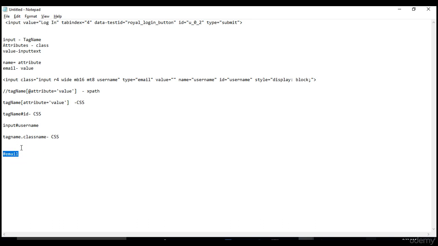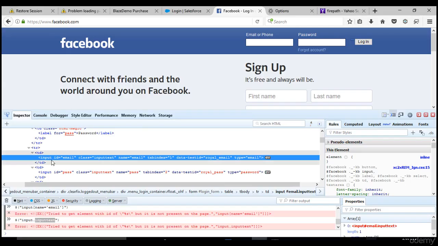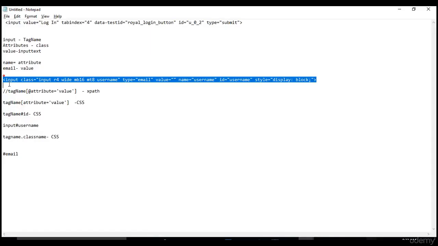You might get a doubt. The browser gave me this CSS, but as per the syntaxes you told in the last three, I could not map this to any one. You can map it here. The tag name you can skip. If you skip the tag name, it's nothing but hash ID, because the ID is email here. So CSS gave us this standard syntax, but it skipped the tag name. As I told you, you can skip the tag name whenever you are working, and you can skip it here itself, or anywhere. That's why it skipped the tag name and just gave hash ID. Please remember these syntaxes as well.